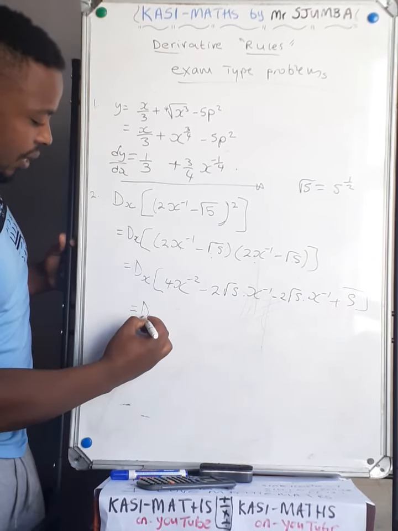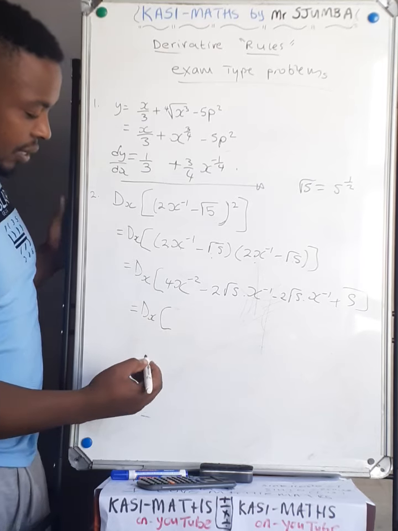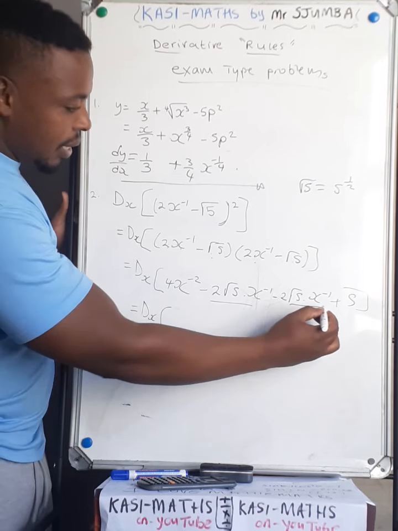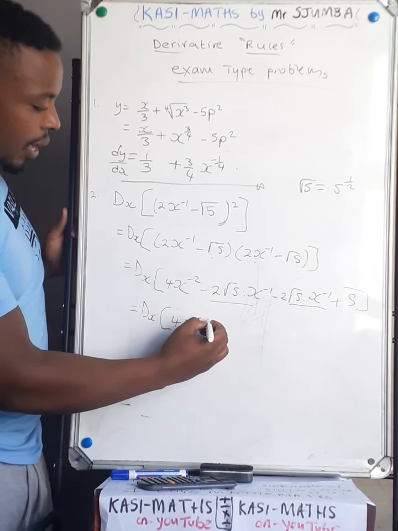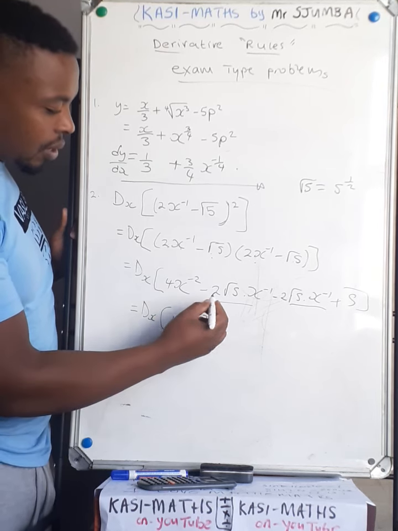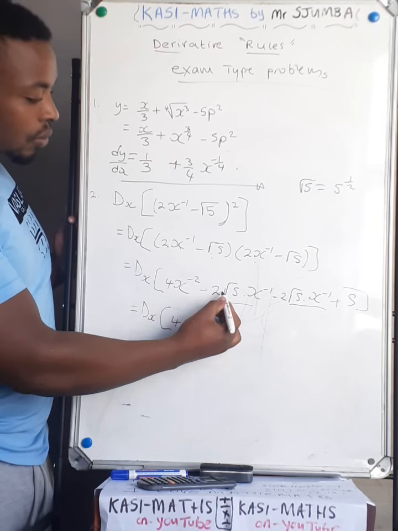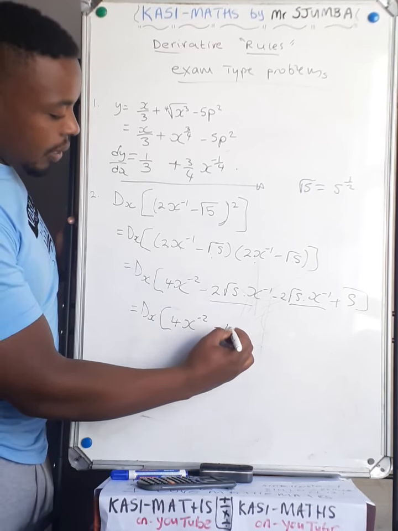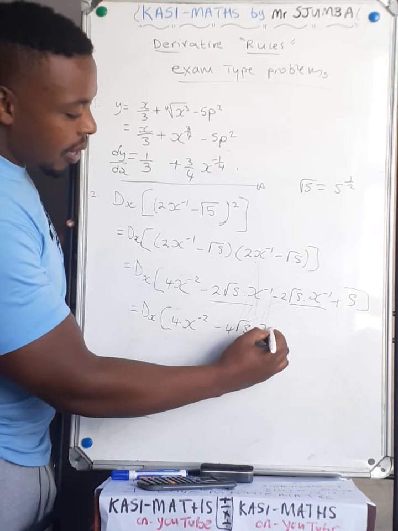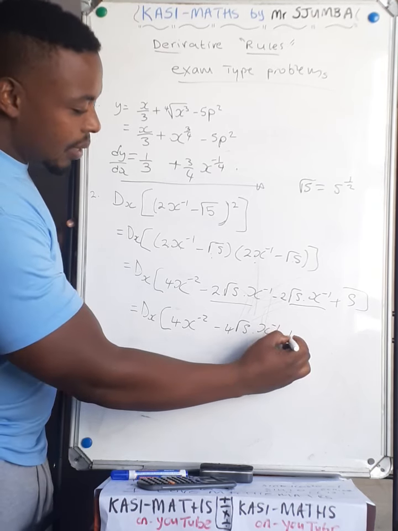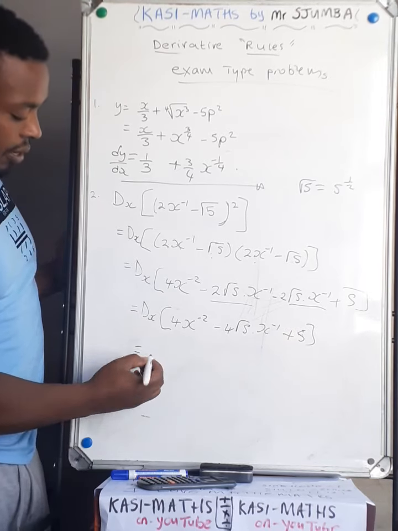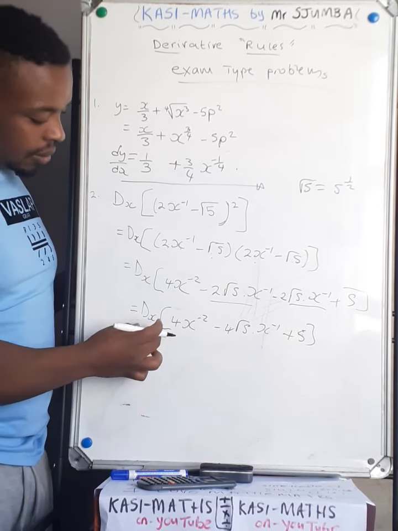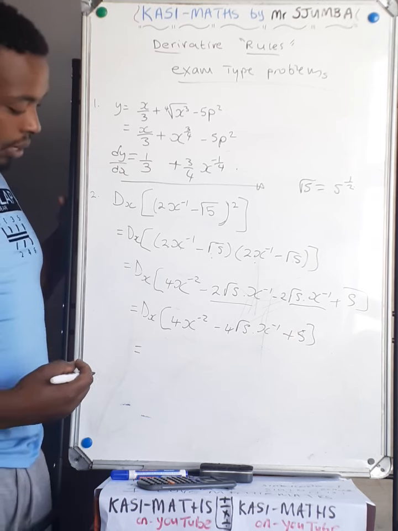Then now we cannot derive as in now because in our like terms. So we're just gonna add the like terms. 4x raised by minus 2 akukafana nakho. So bring it down. So lona so minus 4 root 5 x raised by minus 1. Then we have our plus 5. Then we can derive. Since I derive, we don't rewrite